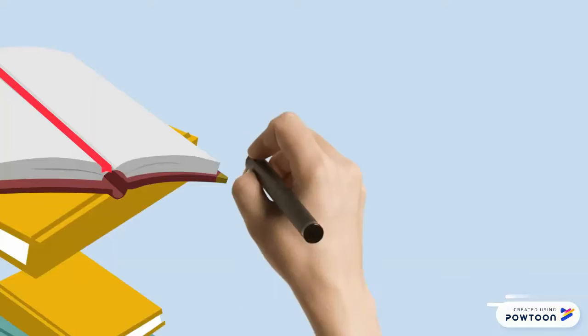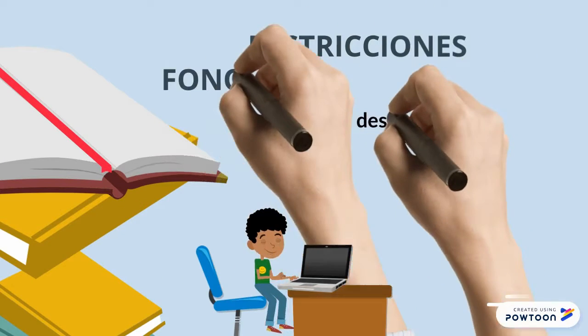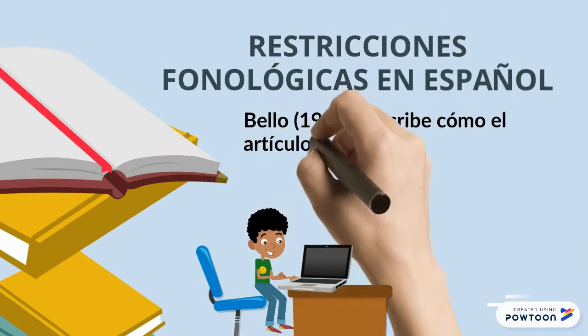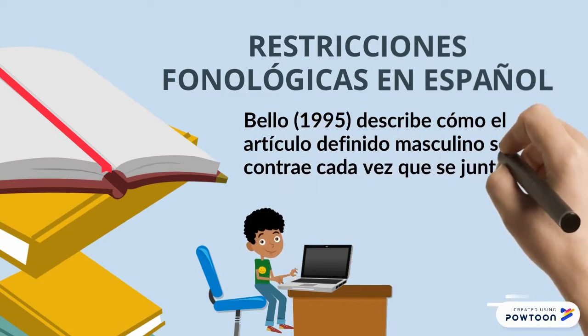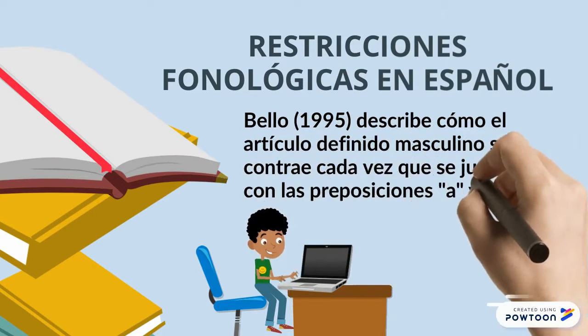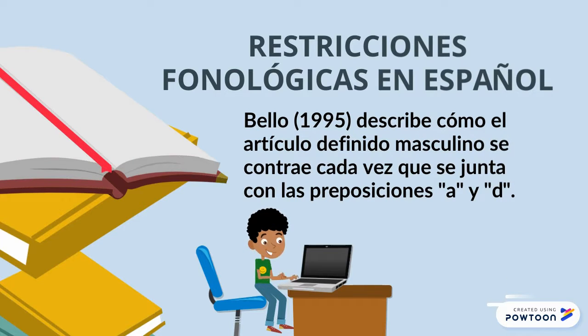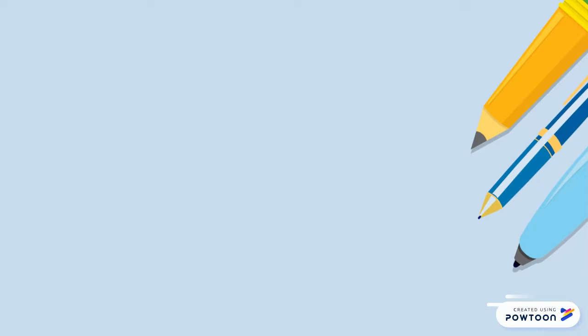En las restricciones fonológicas del español, Bello describe cómo el artículo definido masculino se contrae cada vez que se junta con las preposiciones a y de. Por ejemplo,